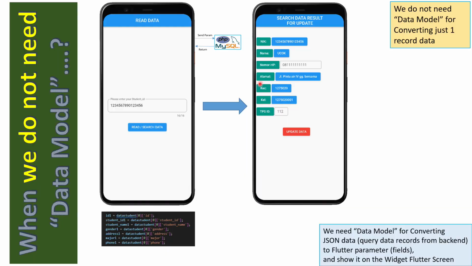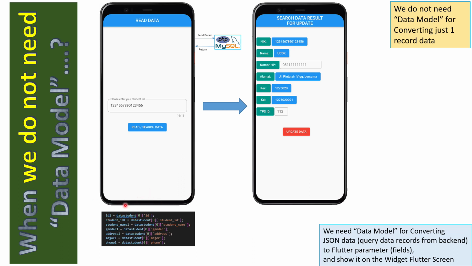Okay, and when don't we need a data model? The answer is if we just convert one record, we don't need to make a data model.